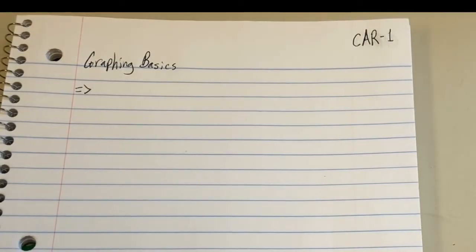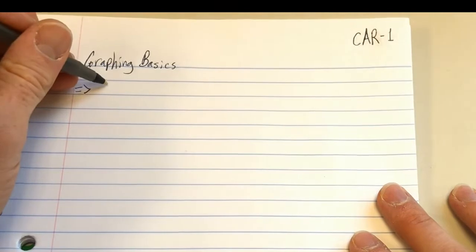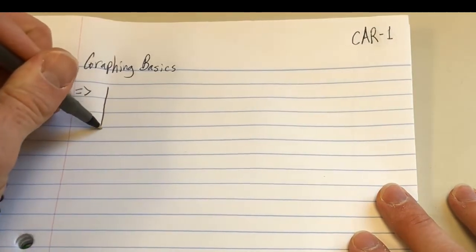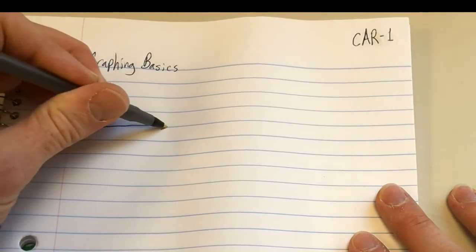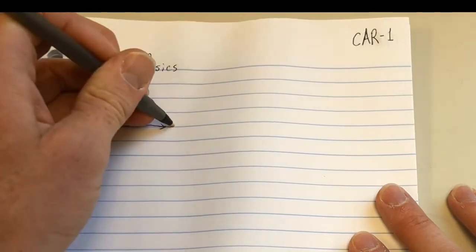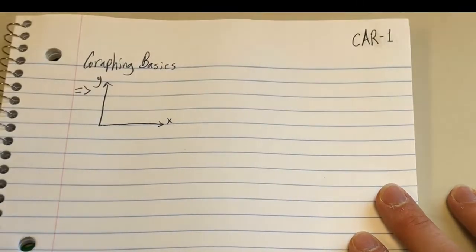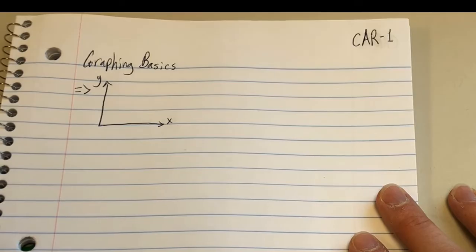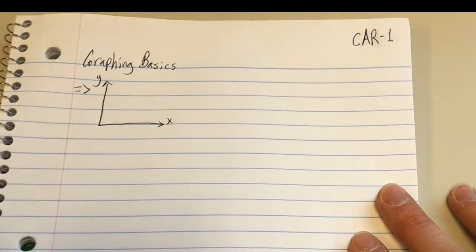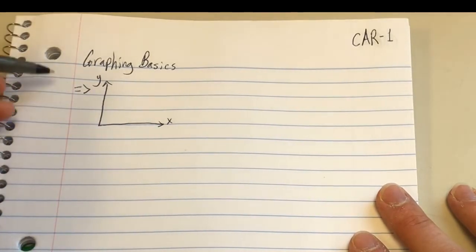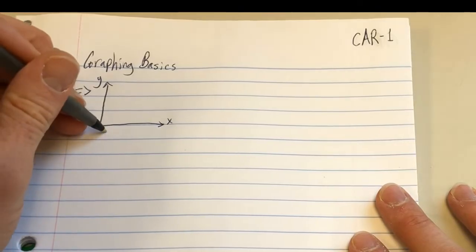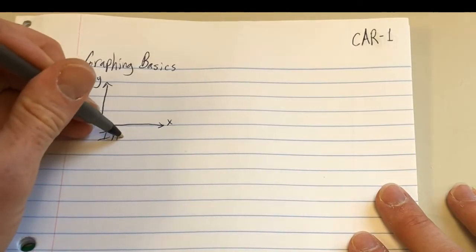planning purposes. Okay, the first thing is when you're making a graph, you're obviously going to be having your x and your y axes. Now, when you have those x and y axes, it's important that you remember x is horizontal and y is vertical. And in science, we put our independent